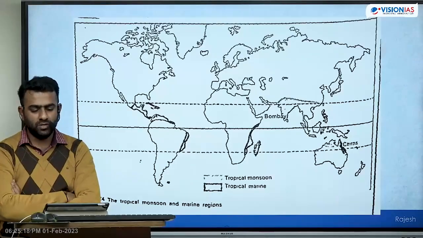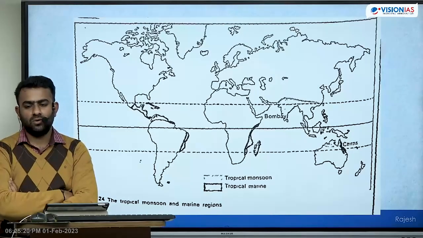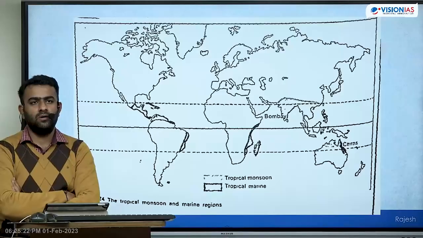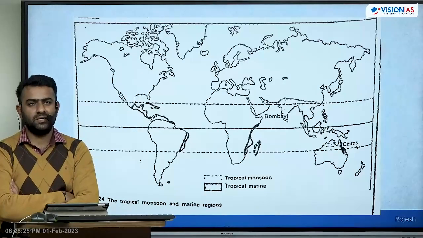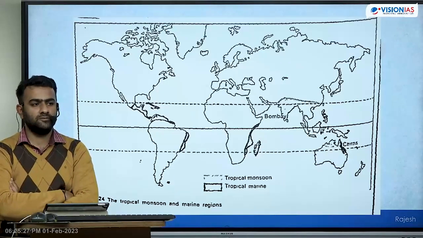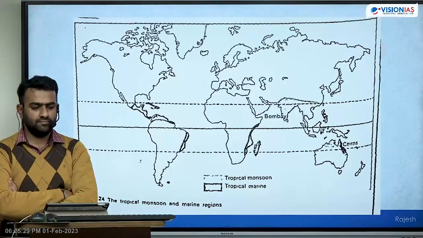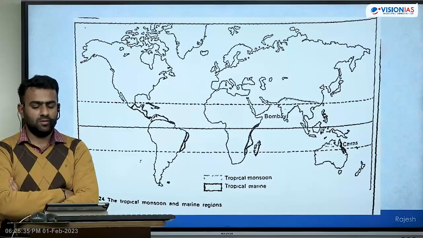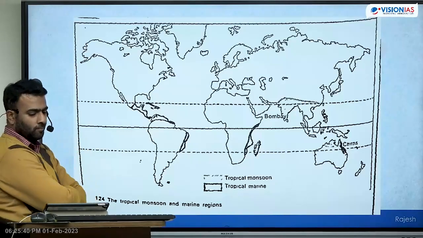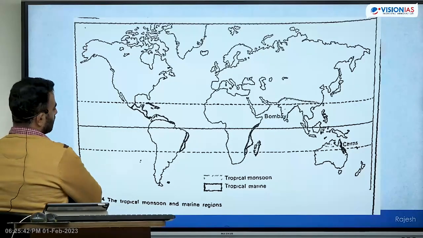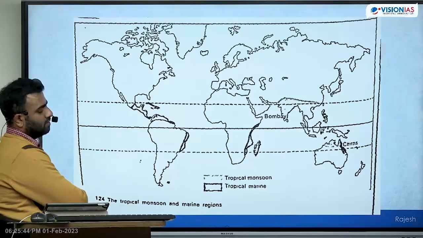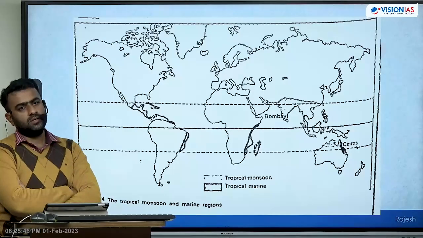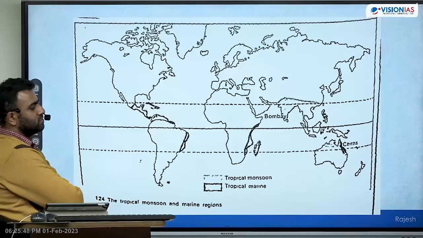Monsoon type of climate. It is also called hot zone, eastern margin. So the most important characteristic of monsoon type of climate is